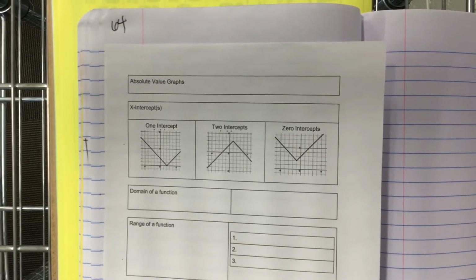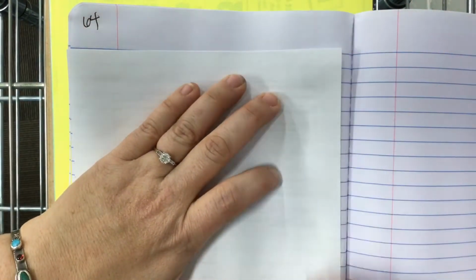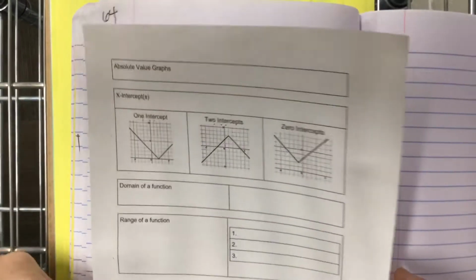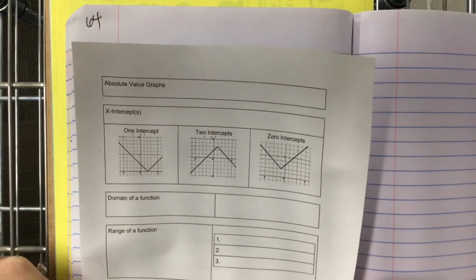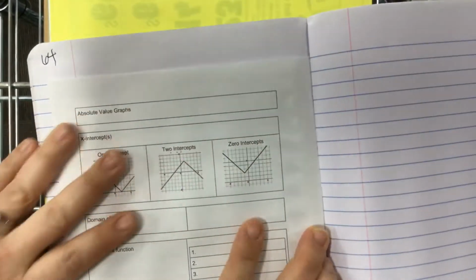Now remember, when you're taking notes via a video, you can always pause it to slow it down, to write the information, and then when you're ready, you can press play again. We've got page 64. And again,